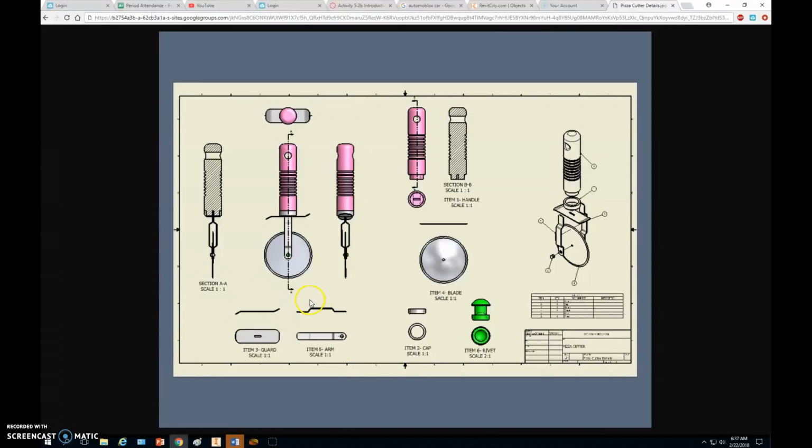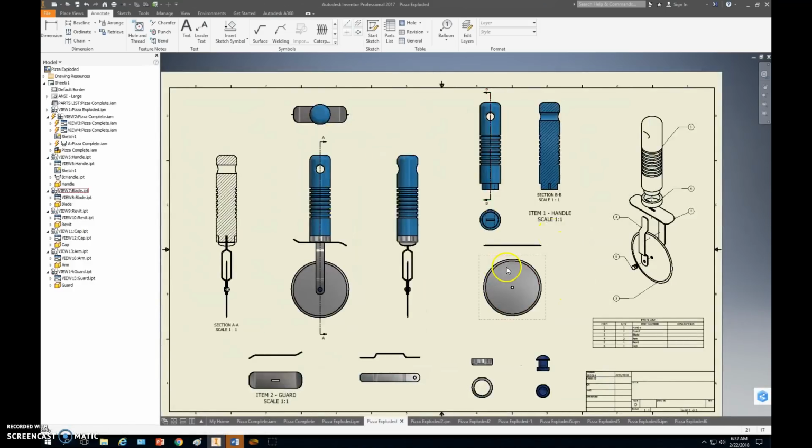Once you have your pizza cutter done, you should have created an assembly file and be ready to create your drawing and exploded view. Ultimately you will have something that looks very similar to this, with labels very similar to this. So, the first thing that you're going to do, and I have mine mostly done here,